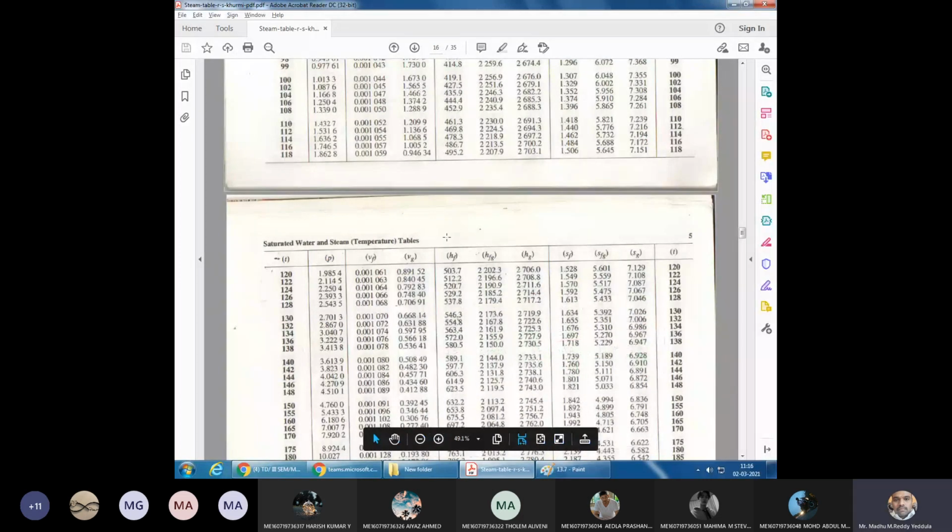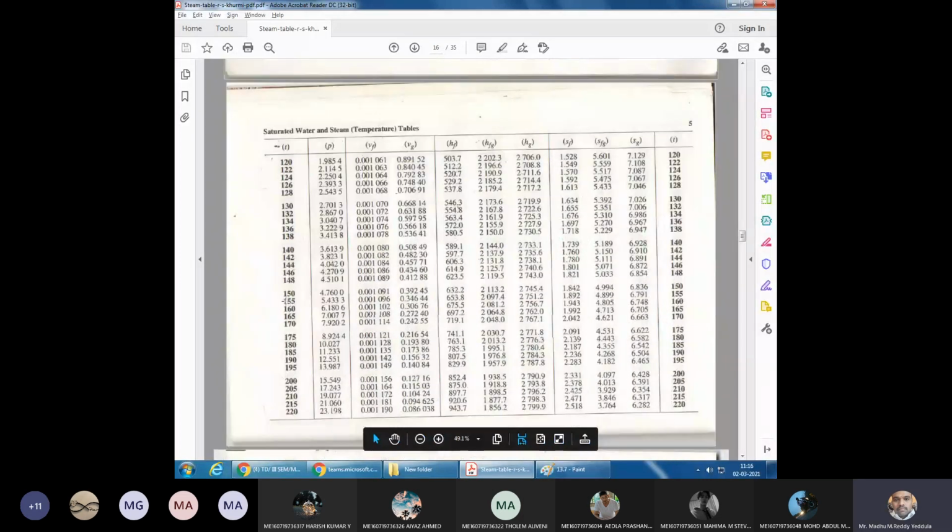Let me see, 153.3. You need to go for interpolation because you don't get a direct value. So I have 150 and 155. 153.3 is not there. Okay, right. So what is the saturation pressure? At 150 the saturation pressure is 4.7 bar. At 155 the saturation pressure is 5.433. Means at 153.3 it may be 5 point something. Okay, no issue in that.